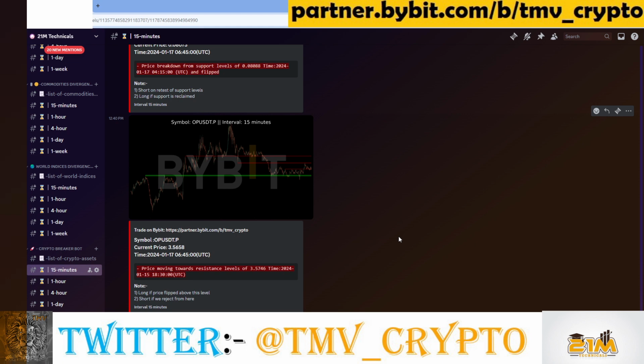Basically, this helps you see that, hey, look, this opportunity is coming, don't miss it. So this is how the breaker bots are going to help you a lot in taking trades and planning trades, along with the other indicators that we have in our pack, like the price action algo, support resistance algo, and divergence indicator. This is really going to help you a lot in identifying and making a decision as to what you should